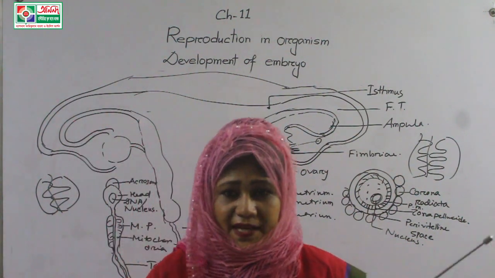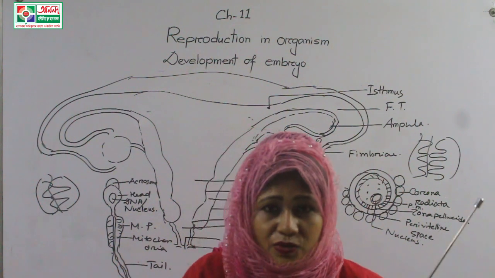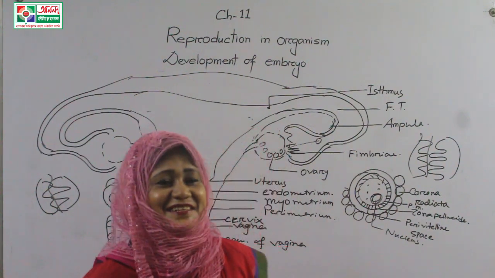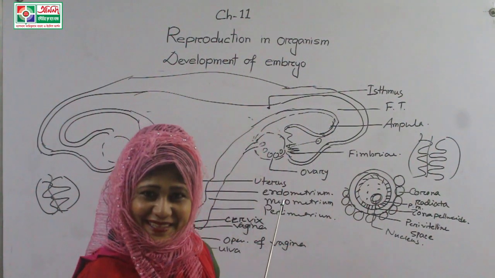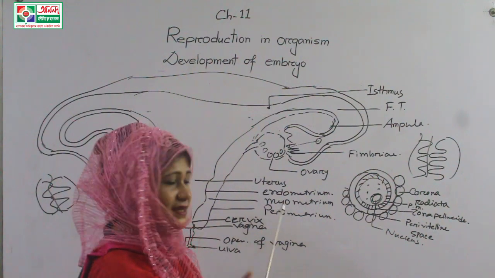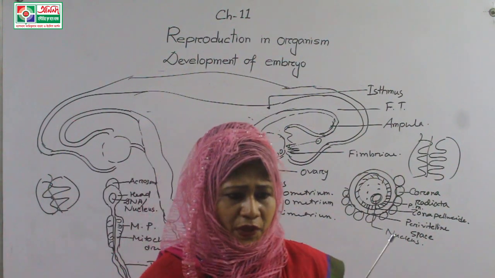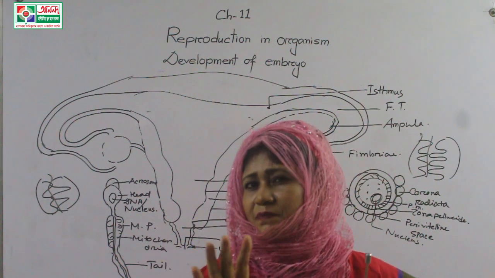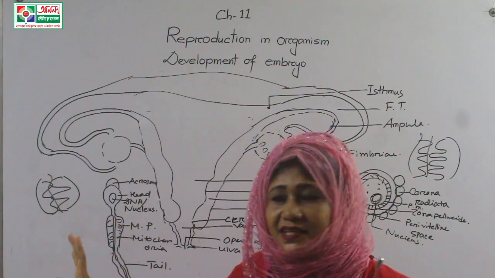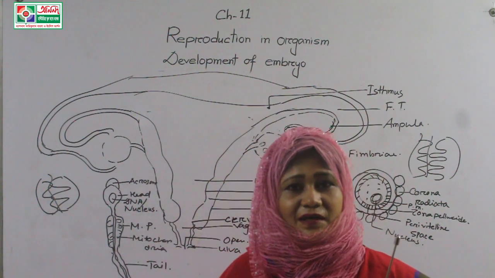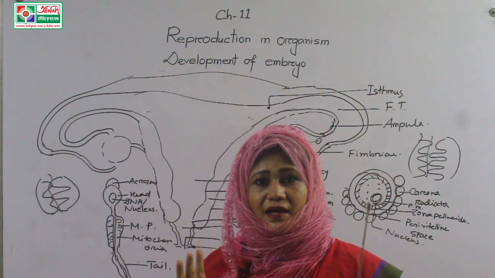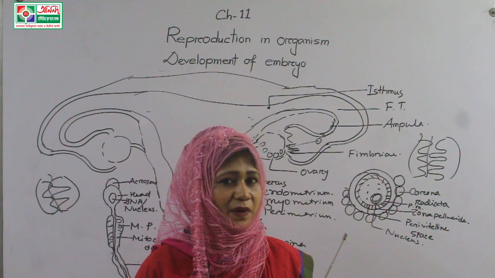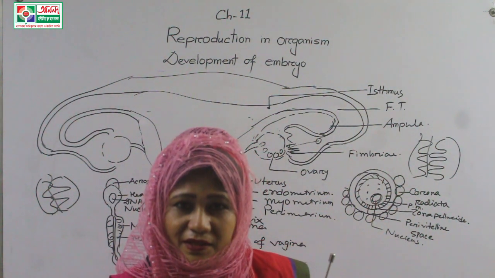After this, from the uterus, the sperms reach the isthmus. What is the isthmus? The narrower part of the fallopian tube. This is the isthmus. That means from 200 to 500 million sperms, only plus minus 100 sperms reach the isthmus, and the secondary oocyte waits for the sperm for fertilization.